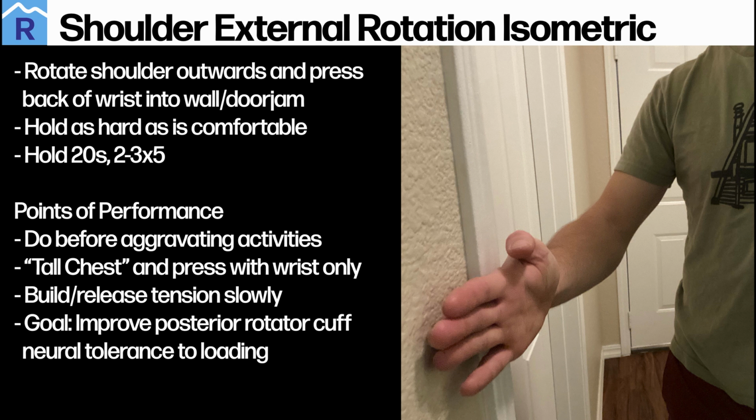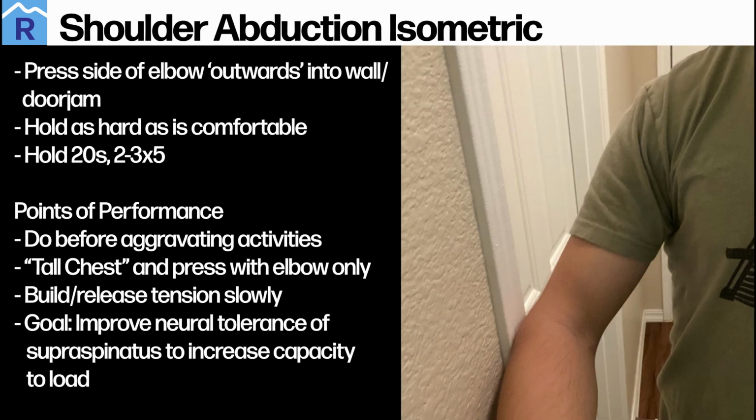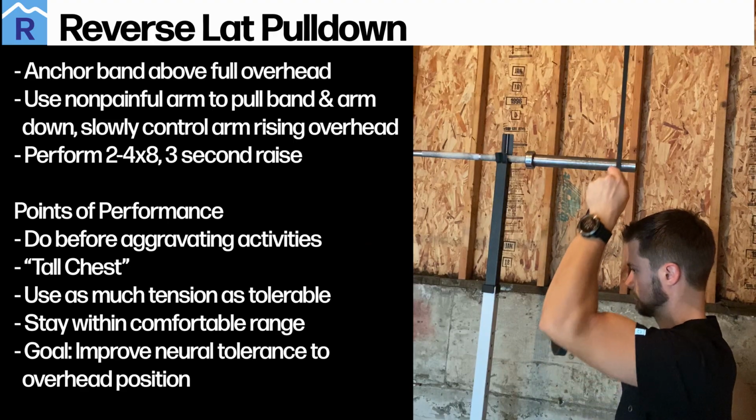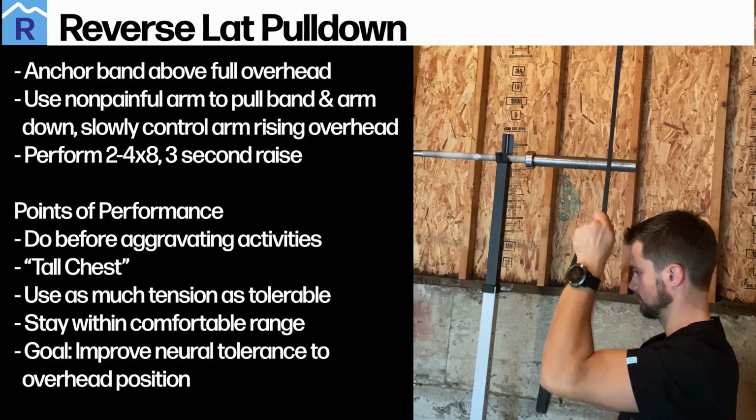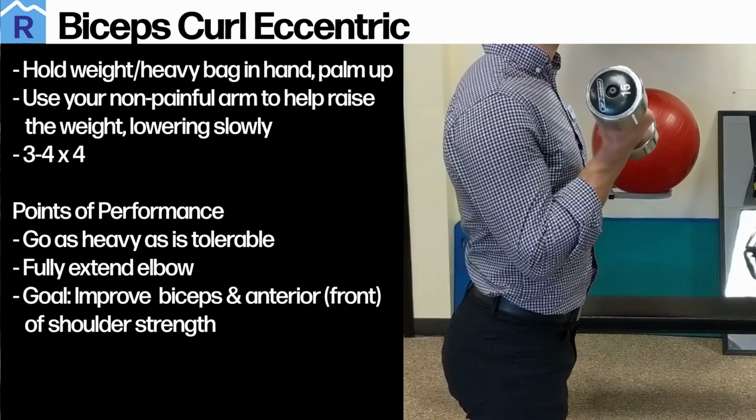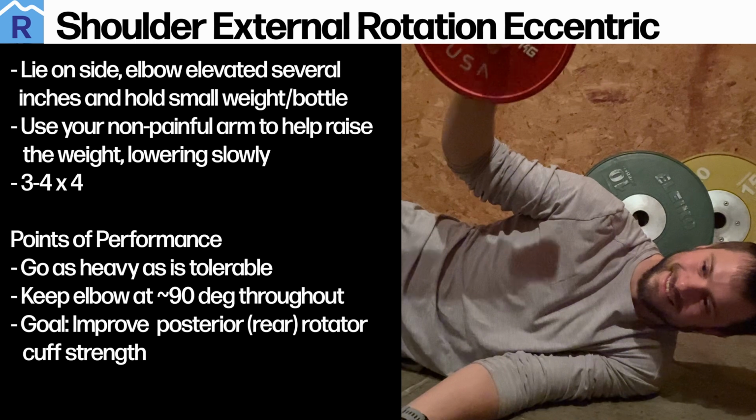So while we're maximizing the climbing that she's able to do, we also want to decrease that pain. So isometrics and eccentric or lengthening motions of the shoulder are good ways to start to build tolerance to load and tension through the shoulder. So bicep isometric, a shoulder external rotation isometric, and abduction isometric are all great ways to start with this. Doing an eccentric or reverse lat pull down is a great way to get more overhead range of motion without irritating the shoulder quite as much. And then progressing these exercises onto heavy bicep curls, external rotation eccentrics are all great ways to start to build